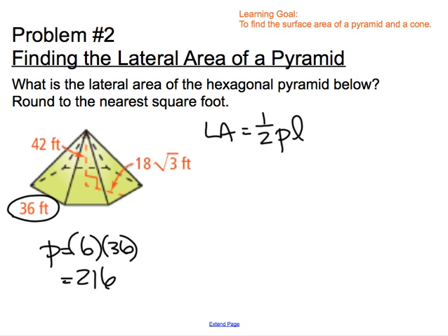So we have a problem here. The slant height is actually not even pictured. So for the slant height, we need the length of this dotted blue line. So let's go ahead and draw